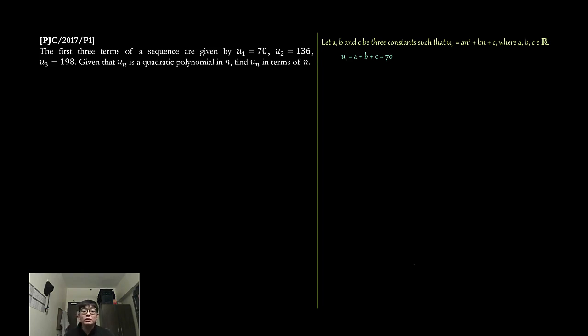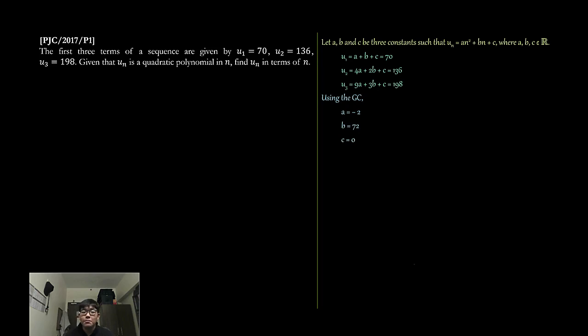When n equals 2, I will have 4a plus 2b plus c to give me 136. Likewise, for u3, I'll get 9a plus 3b plus c equals 198. Using the calculator, what I have is a equals minus 2, b equals 72, and c